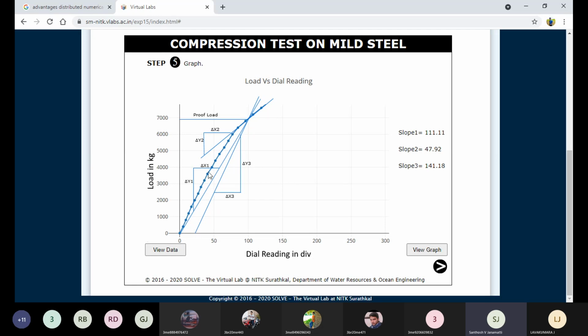Depending upon whether you want Young's modulus for the minimum values or the maximum values, wherever you can apply it, you can find the Young's modulus of the given sample. This is whenever we get a straight line. Whenever you get a curve, we need to take the tangent and then calculate. This is what is called the secant method.